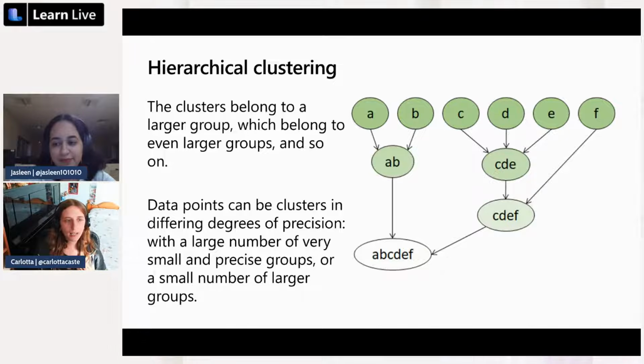For example, if we apply clustering to the meanings of words, we may get a group containing adjectives specific to emotions, like angry, happy, and so on, which itself belongs to a group containing all human-related adjectives, like handsome, young, happy, etc. And this belongs to an even higher group containing all the adjectives in the English language, for example. So hierarchical clustering is useful for not only breaking down our observations into groups, but also understanding the relationships between